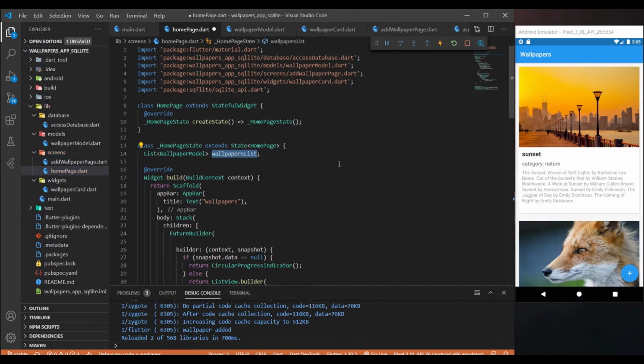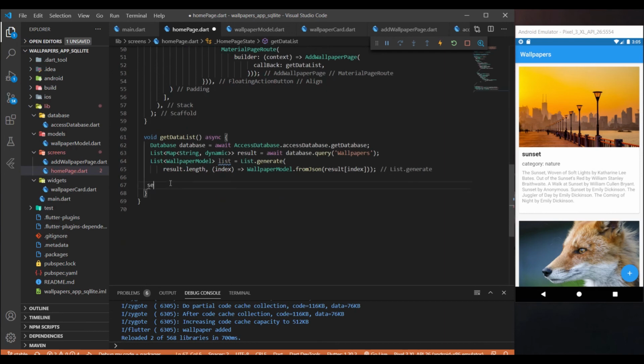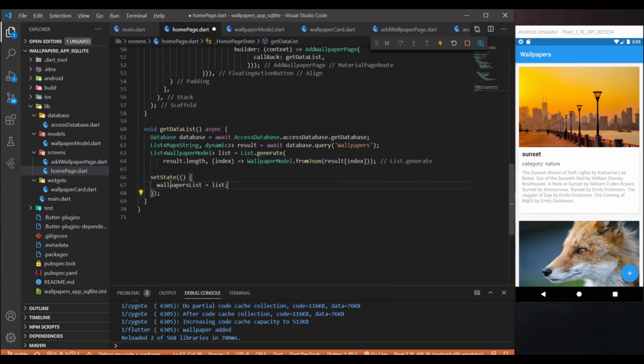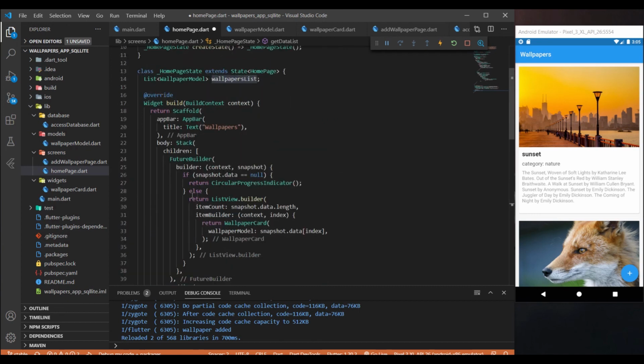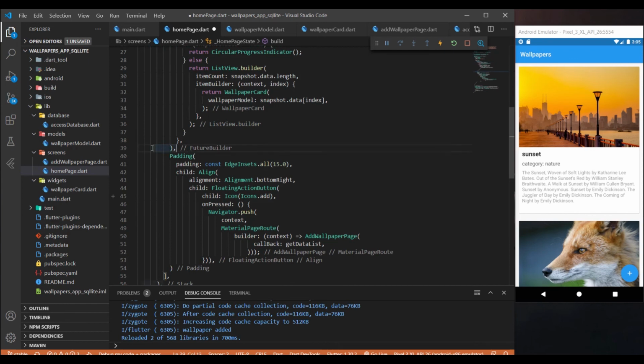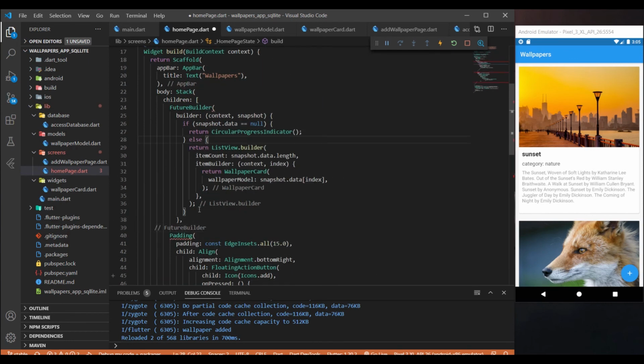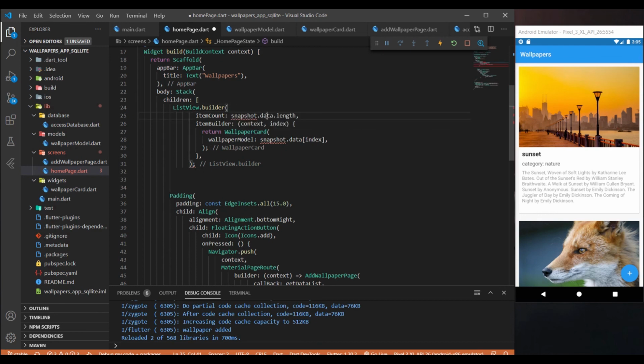And now the search state will work. So yeah, we can just initialize this to this now, and instead of the future builder, we can have list view builder. So this will be gone, and so we'll just have a list view builder. And to do this, instead of snapshot dot data dot length, we'll have to replace that with